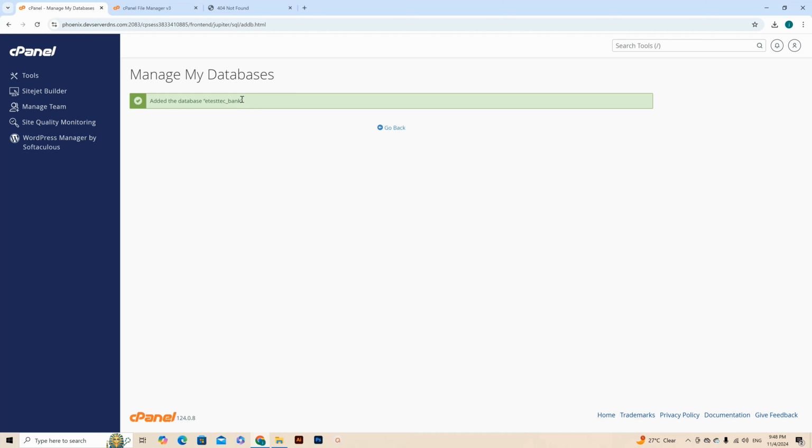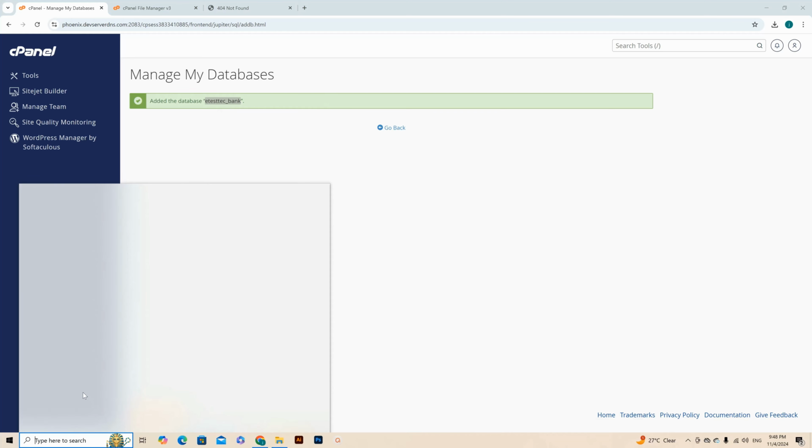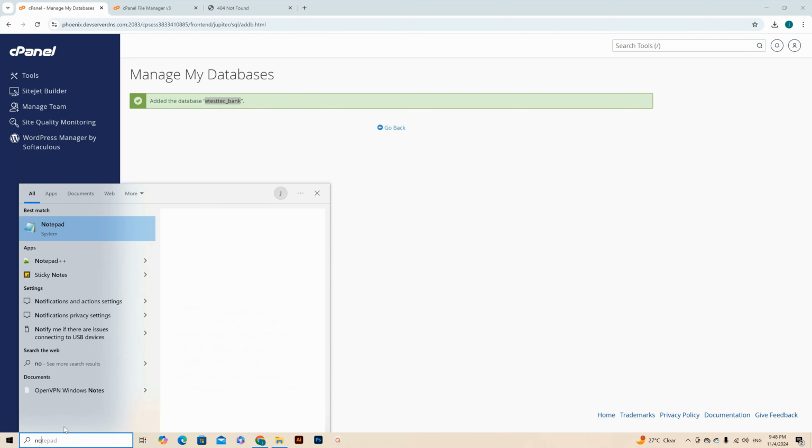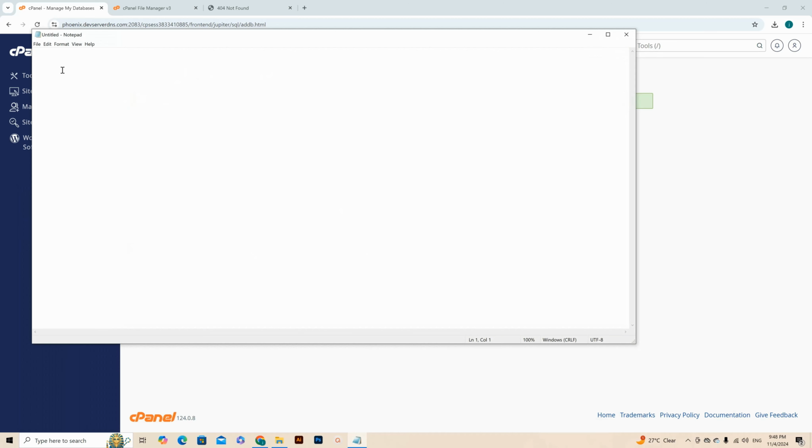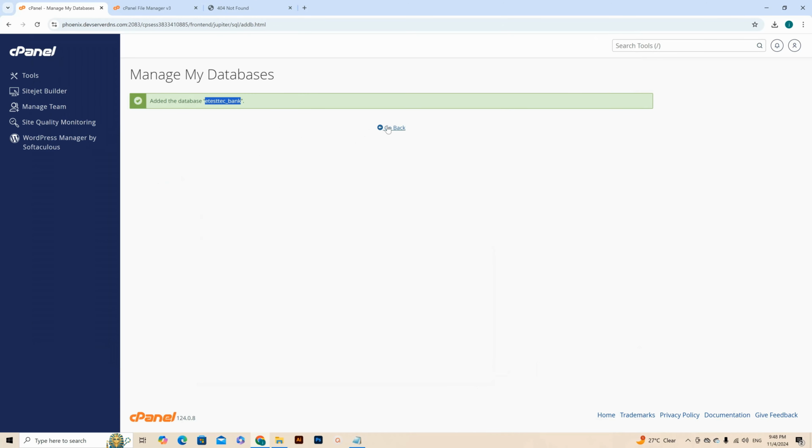So yeah, so we have bank, then we are going to save this. So I'm going to open a notepad to save this, because we are going to be needing this file. Yes, we are going to be needing it. So we go back and create a